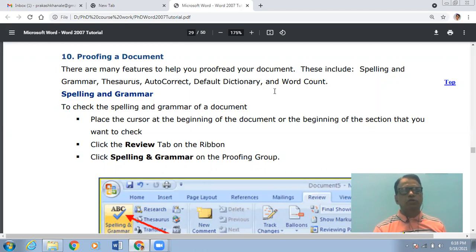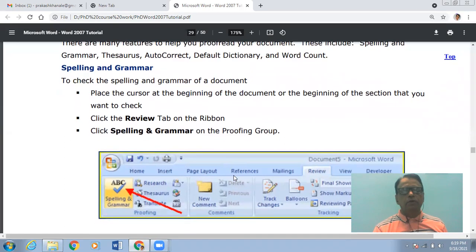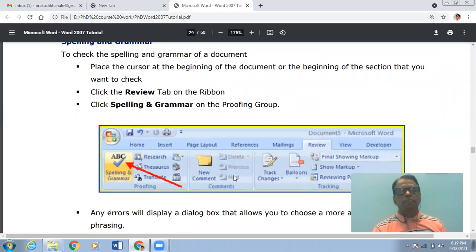So whenever you want to check the spelling and grammar of a document, you have to place the cursor at the beginning of the document or at the beginning of the section that you want to check. And then you can click on the Review tab on the ribbon, and you will find that there is a menu available for spelling and grammar.